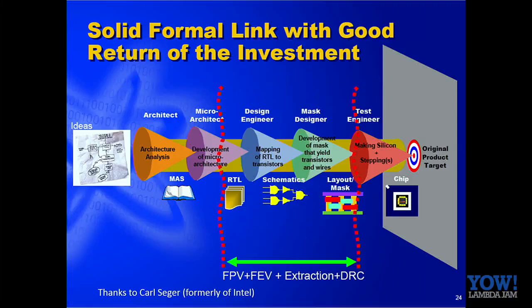This is one of Carl Seeger's own slides. And you can see that everything from the microarchitecture at the RTL level down to the actual layout was done using this lazy functional language. So why hasn't there been another Pentium bug? It's at least partly thanks to functional programming. Many people don't know that. They had a lazy functional language.